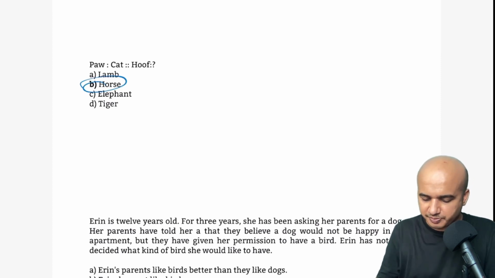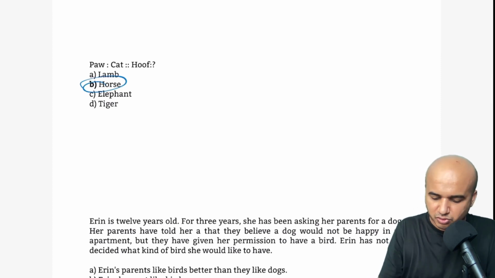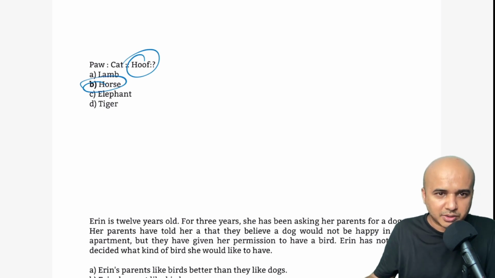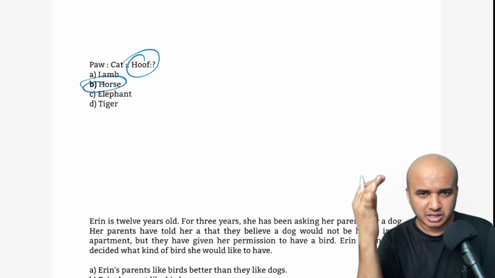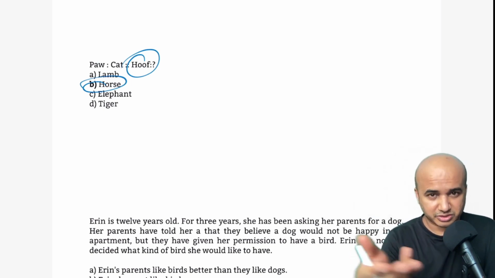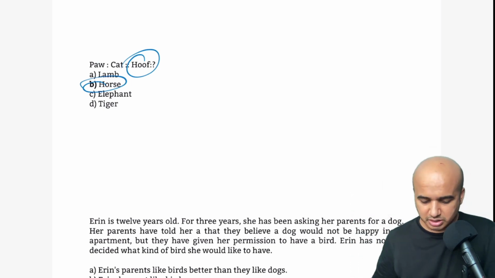So this is... If you search for hoof, you will see that it is the part beneath the leg of the horse. So lamb, of course, is not applicable. Elephant, no. Tiger, no. Again, only if you know will you be able to answer these types of questions. There is nothing logical in this. It's purely memory based. I hope the institute doesn't ask these types of questions, but still, that is what they